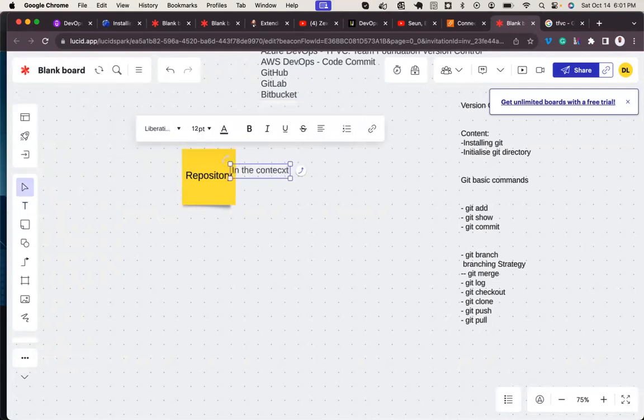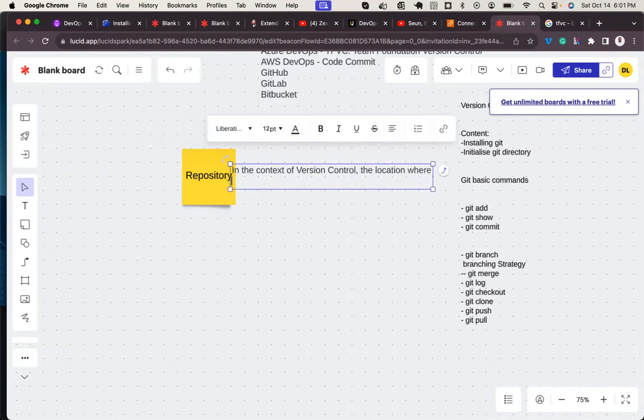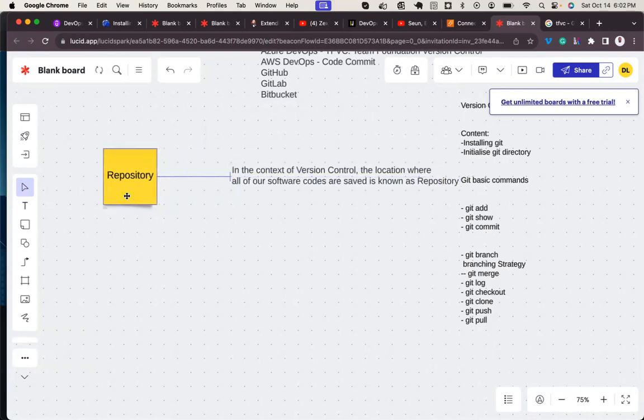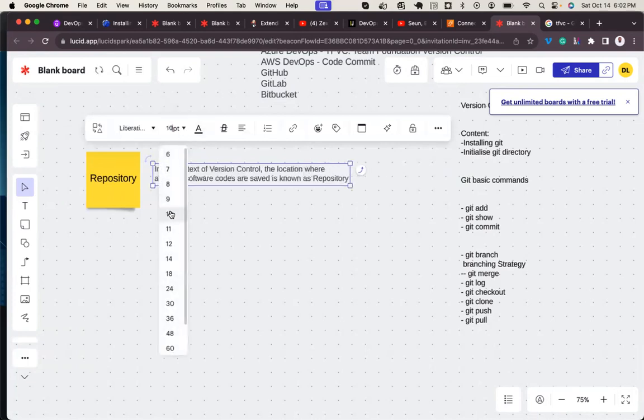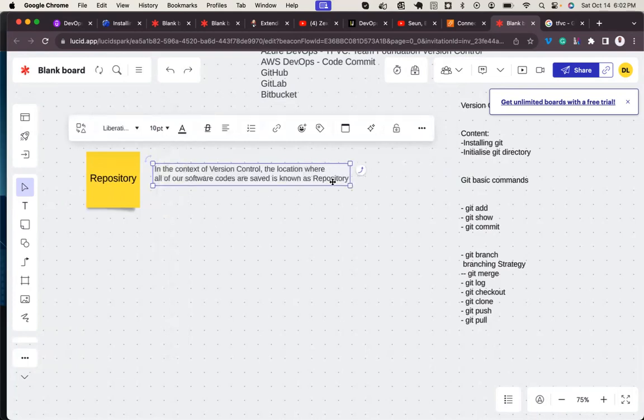In the context of version control, the location where all of our software codes are saved is known as repository. It's known as repository.